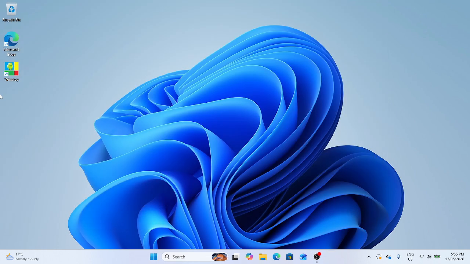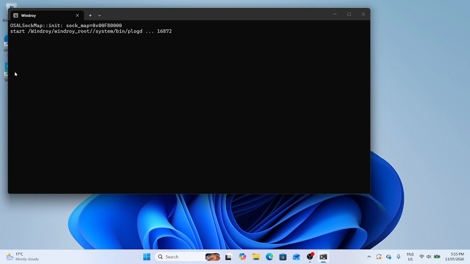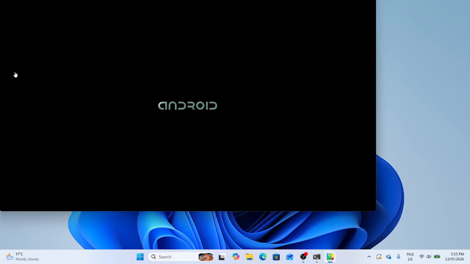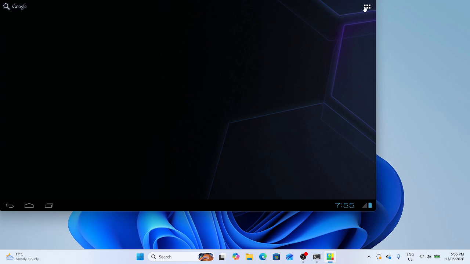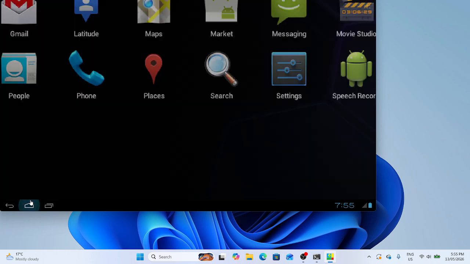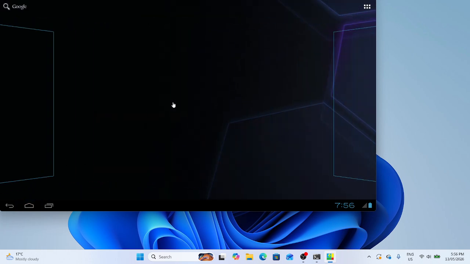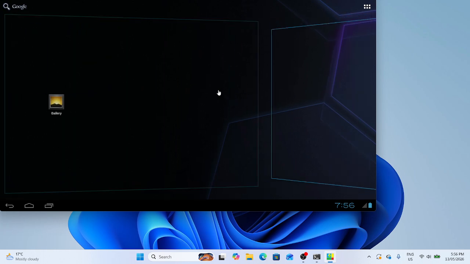So I'm going to restart the app. Of course, the clock app was different, meaning you could only add alarms rather than having the world clock and adding timers. And yes, the home screen seems to be empty,